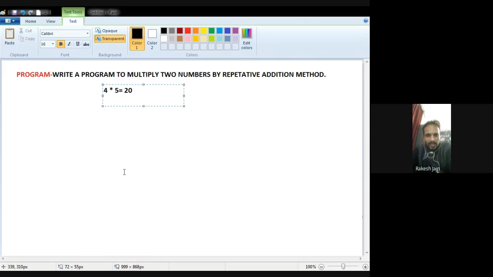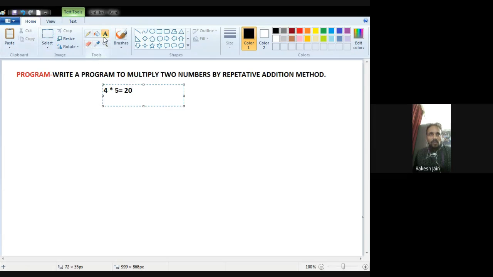Among all of them, not a single instruction directly corresponds to multiplication. For addition there is the instruction ADD, for subtraction there is SUB, but for division and multiplication there is no instruction.